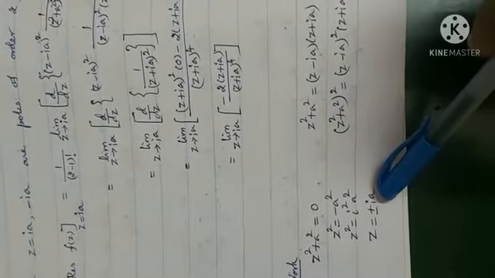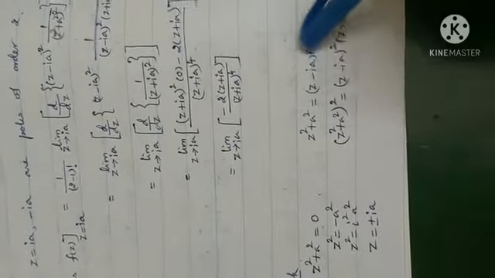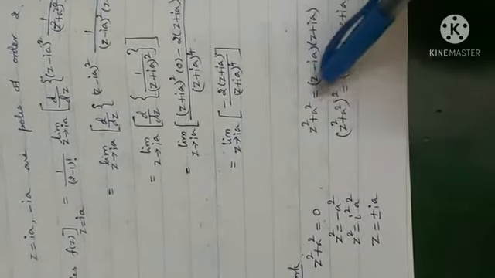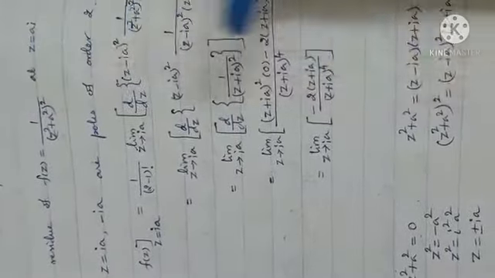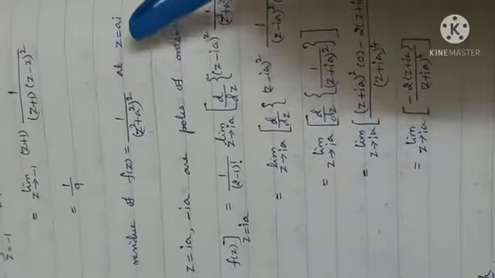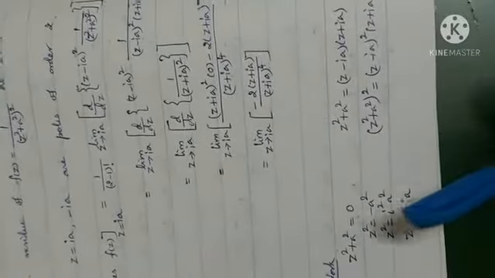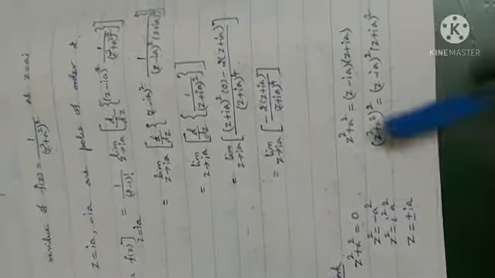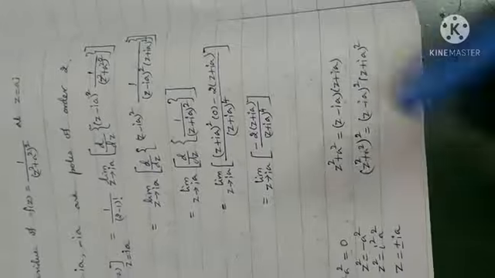Since z equal to ia is a root, z minus ia is a factor. When you multiply these two factors, you will get this answer. When you have a whole square, here also we have a whole square. So our function is 1 by (z minus ia) whole square into (z plus ia) whole square. Okay. The question is to find the residue at z equal to ai. Actually z equal to ai and z equal to minus ai are poles of order 2, right? Because we have a whole square here. So they are poles of order 2.